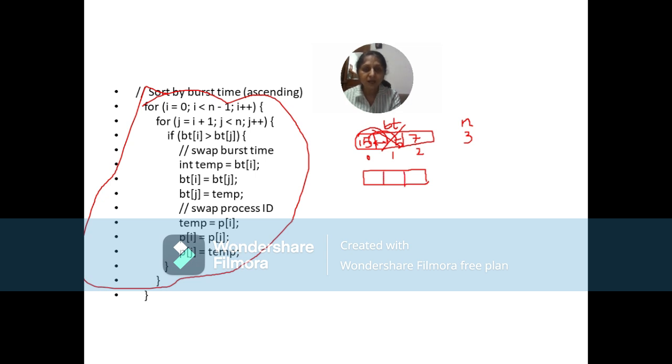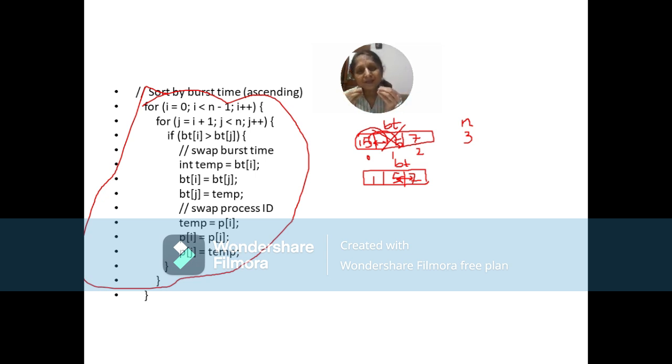After comparison, we are swapping the places of 1 and 5, and this is what our BT array looks like. Now we compare 5 and 7 with each other. Is 5 less than 7? Yes, we are very happy. There is no swapping. So now if you see, the array is in sorted order: 1, 5, 7.